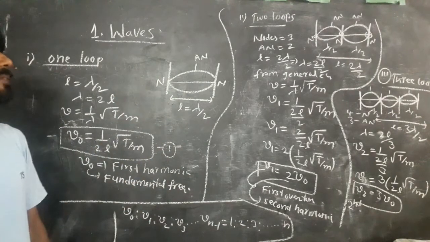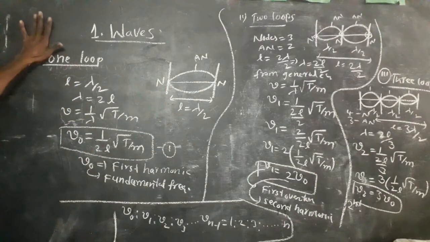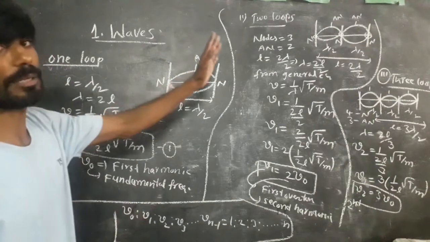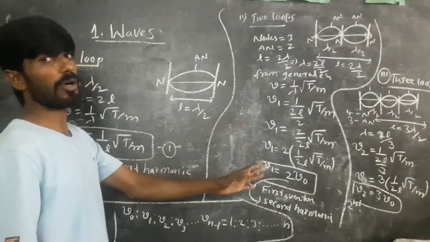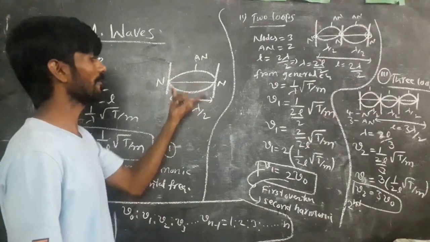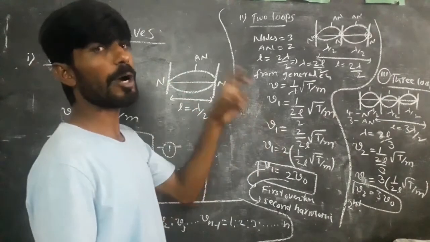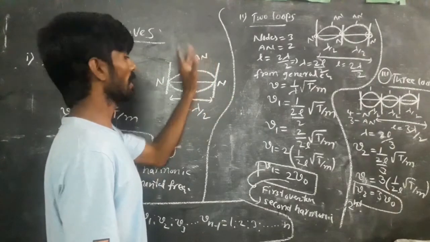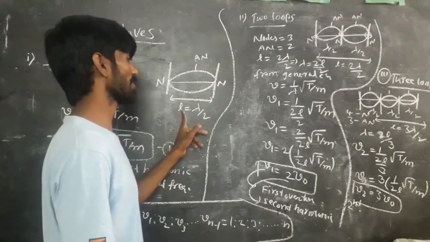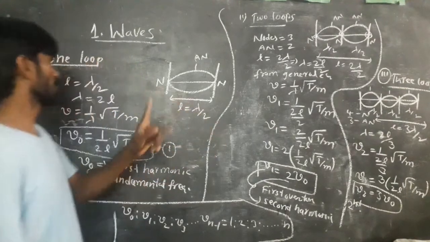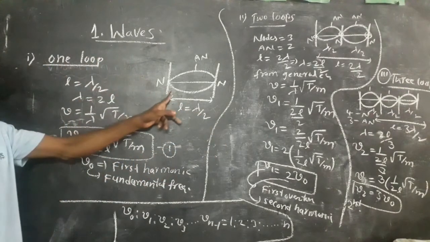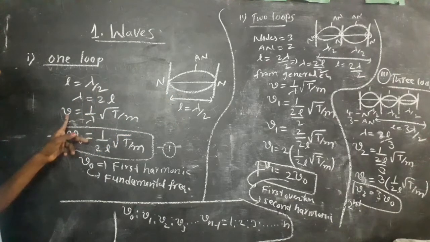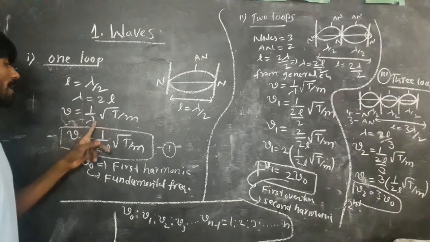Now once again I will explain everything shortly. The number of vibrations in a stretched string: from a string with a number of loops, I am selecting the first loop only, with one loop. When a stationary wave is forming with 2 nodes and 1 antinode, the length of the stationary wave L is equal to lambda by 2. So lambda is equal to 2L. The general frequency equation in the stretched string is mu is equal to 1 by lambda into under root